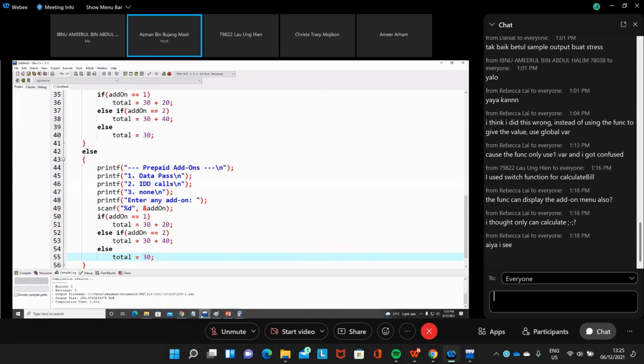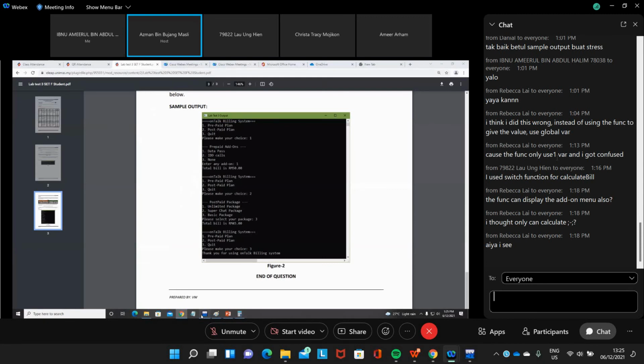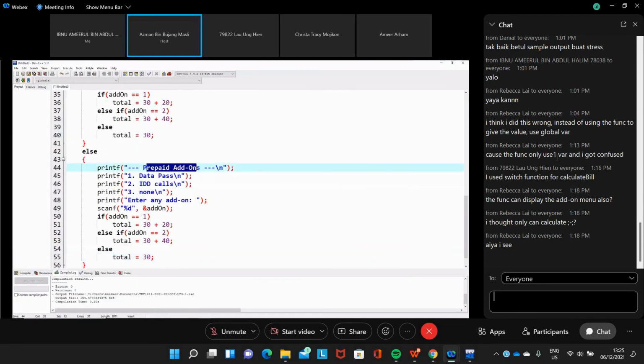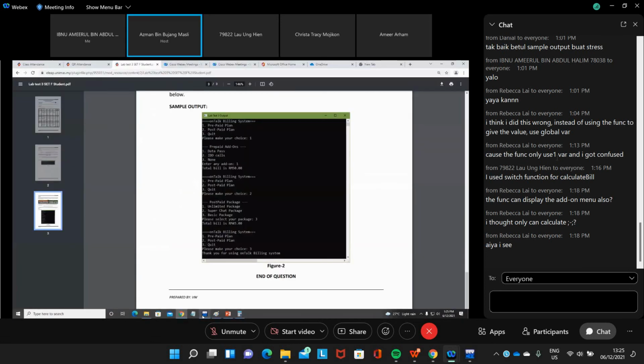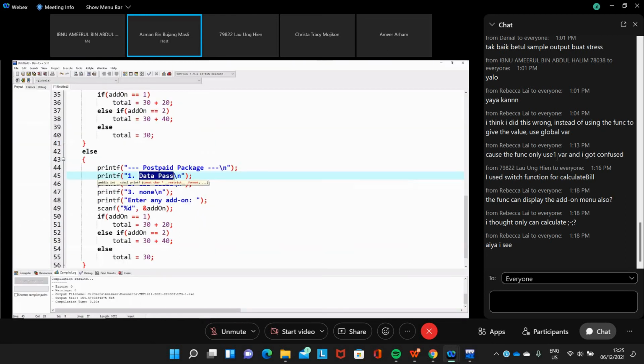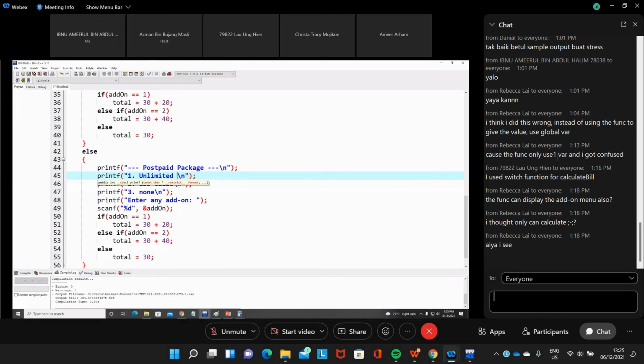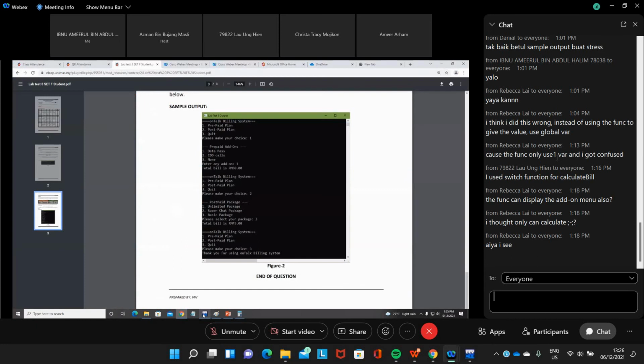We just change it to postpaid package, and then unlimited package, super chat package.